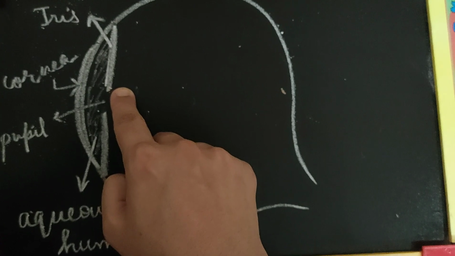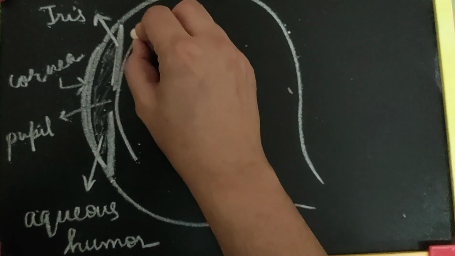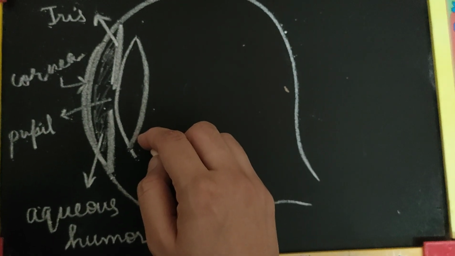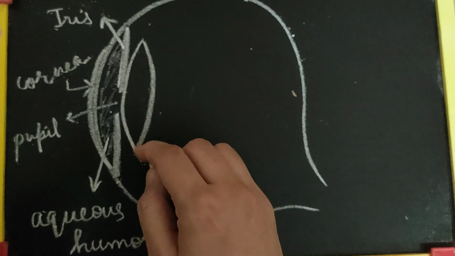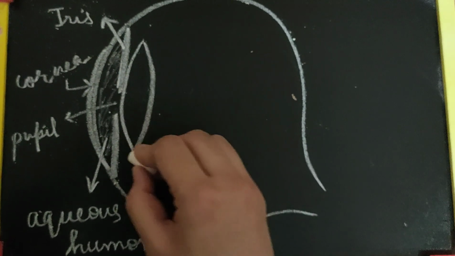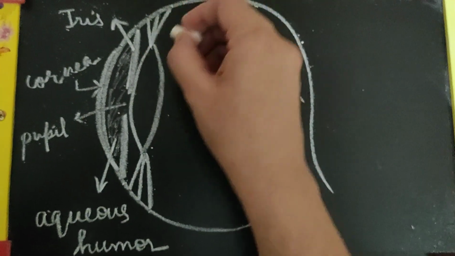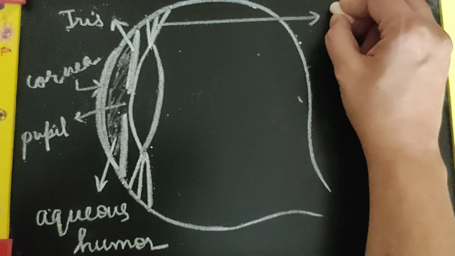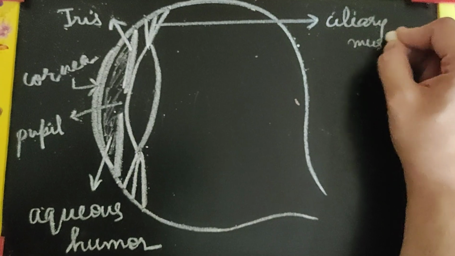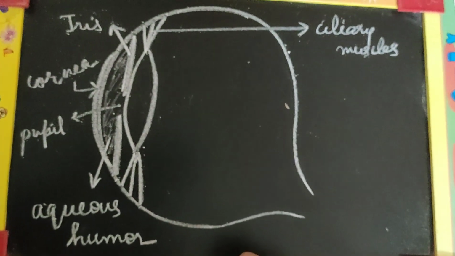After the iris is the crystalline lens or the converging lens. It is made up of jelly-like, proteinous material, and this lens is held in its position through these muscles here called as ciliary muscles. So these muscles are known as ciliary muscles. You have been introduced to this term in class 8th when you had drawn the diagram of the human eye.